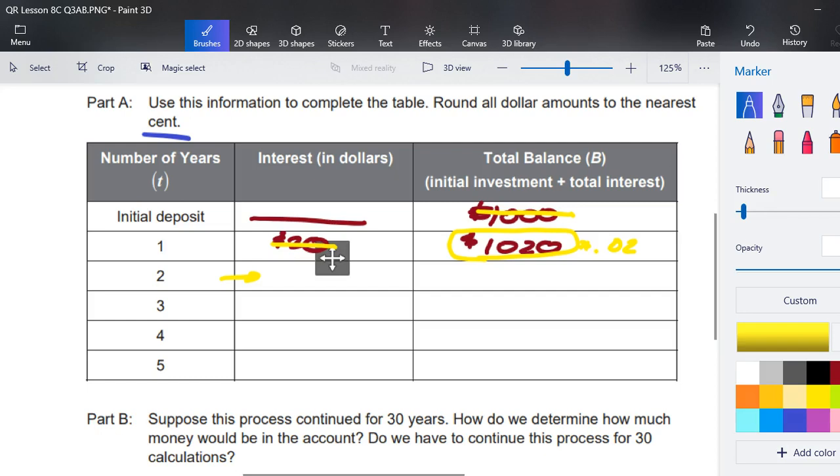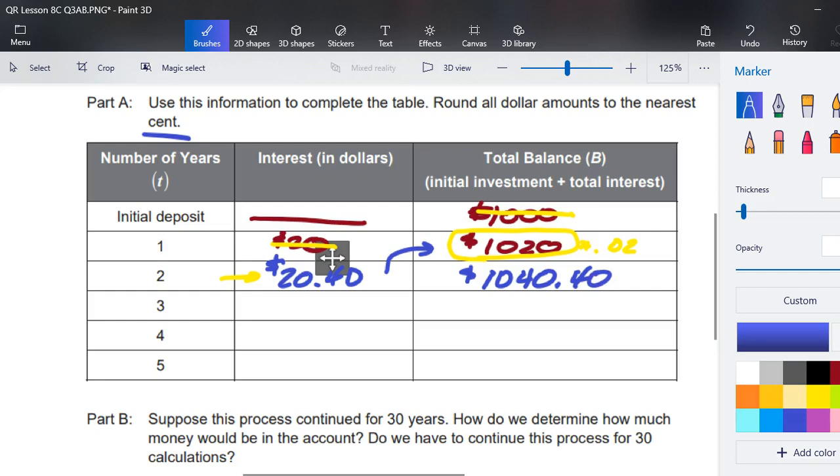That's a distinction for the compounding. So I've got 1,020 times 0.02, and I get that my interest the second year is $20.40. Now I add it back to where I was last year, that last year's balance, and I get that for my end of year 2, I'm at